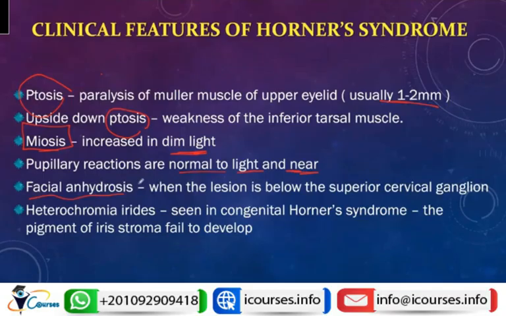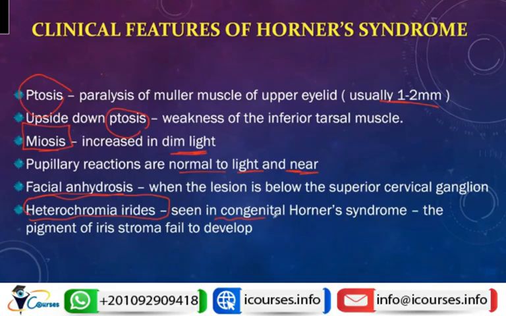So if the lesion is preganglionic, that will manifest by facial anhydrosis due to involvement of the sympathetic fibers passing with the common carotid artery and external carotid artery toward the facial sweat glands. Heterochromia iridis, or the difference in the color of the iris between both eyes,